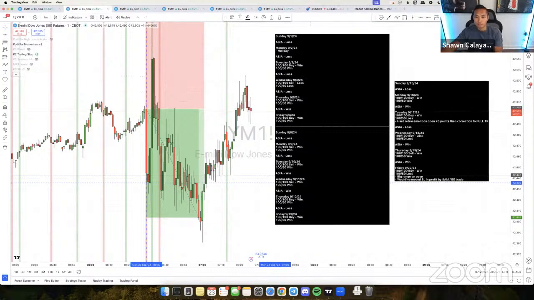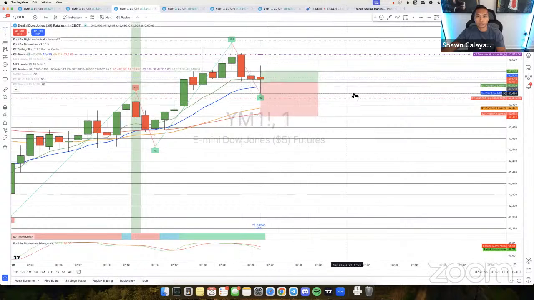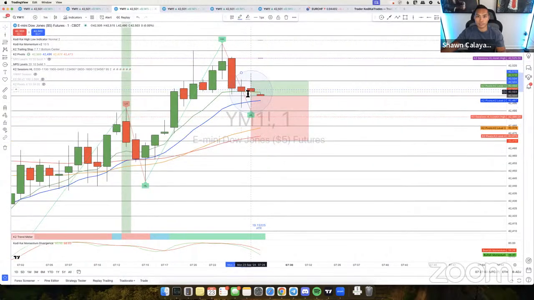So I'll take this off to clean up the chart a little bit. That market flow V2 just hit full TP, guys. The one that I marked up right here. I marked it up at the 500. I said if you guys wanted to take it, it would come down and fill right there. It did fill and then went straight to TP. You guys can see the little marker right there.